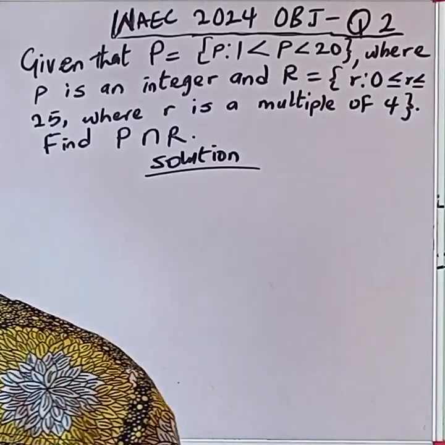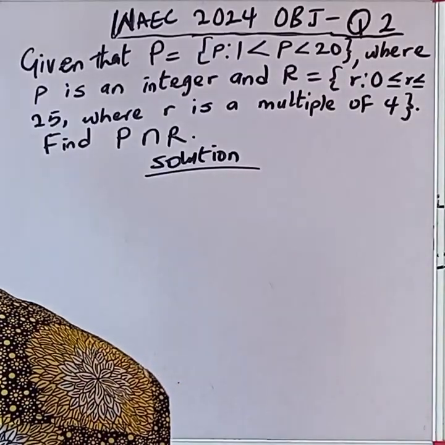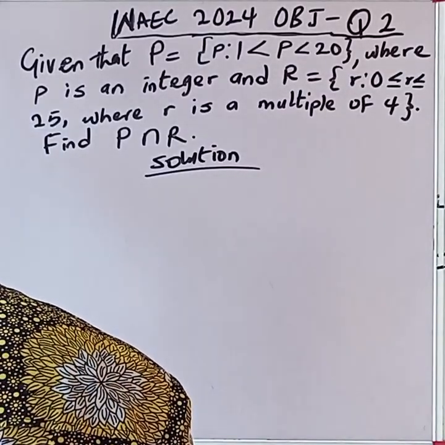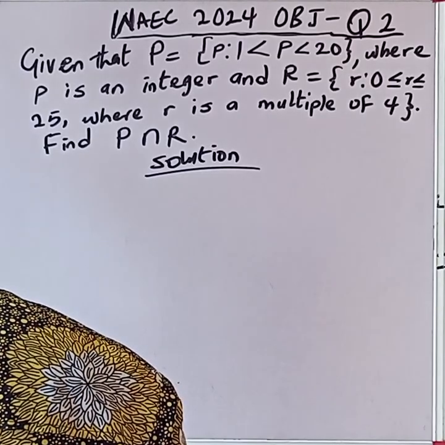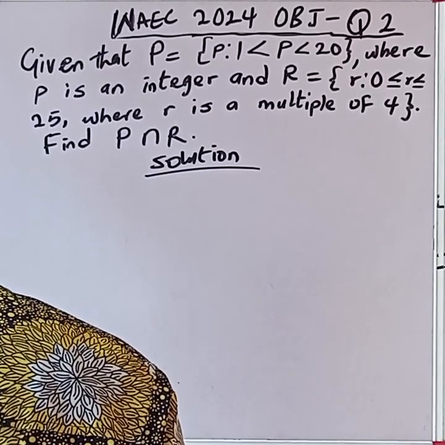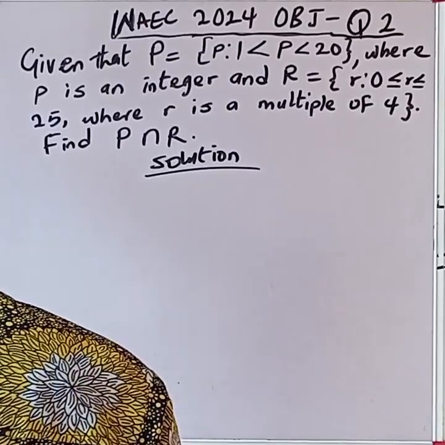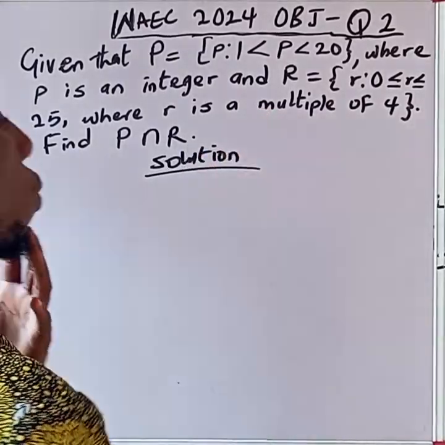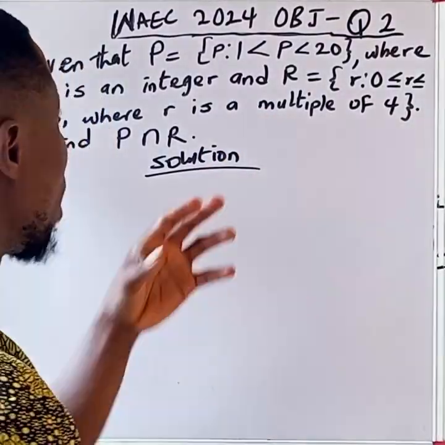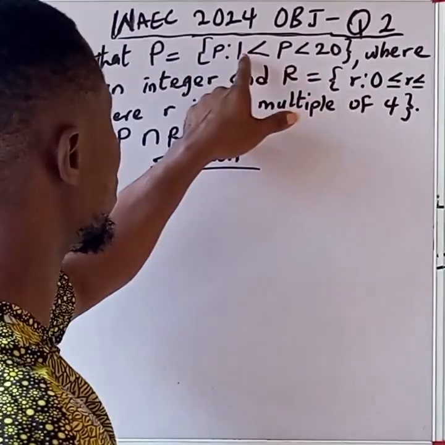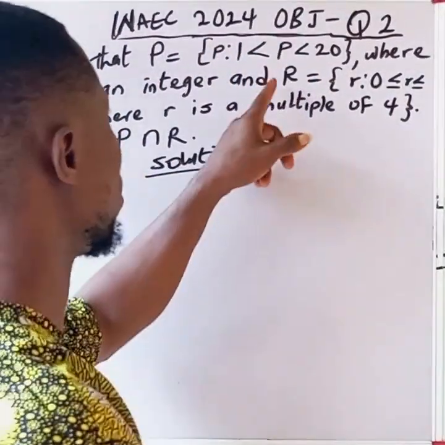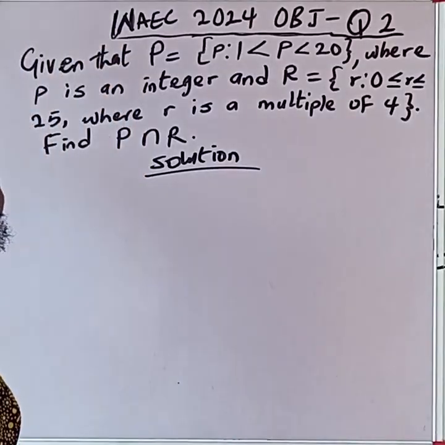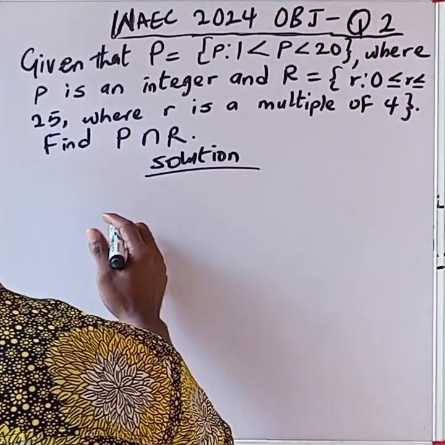So to solve the problem, we first identify the elements of set P and R. So what we are going to do is to identify the elements of set P and identify the elements of set R. So for the elements of set P,